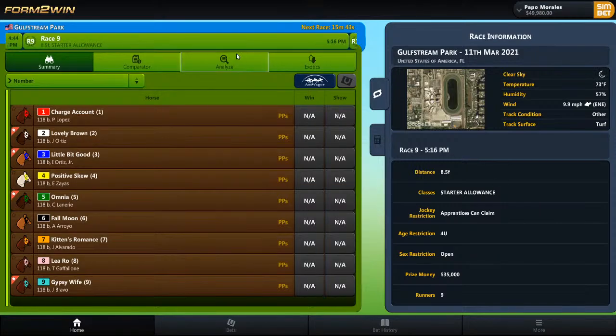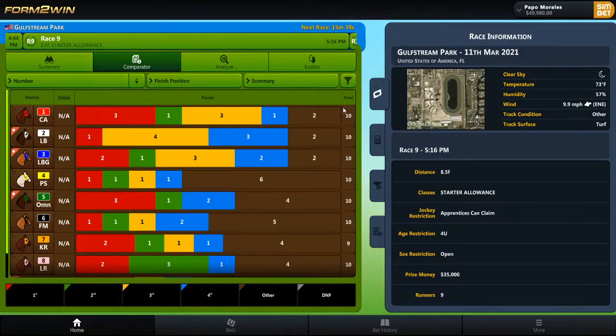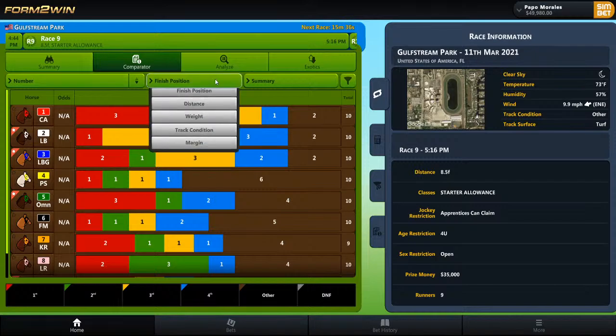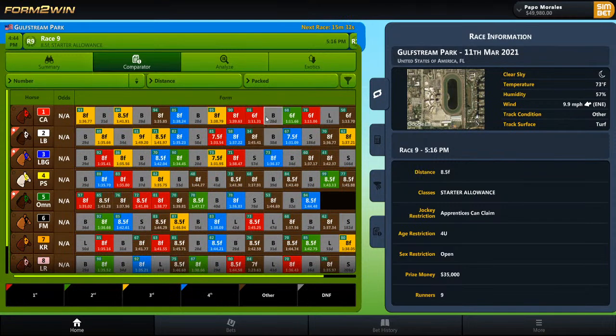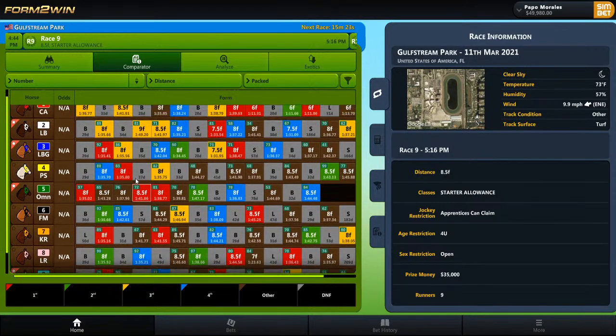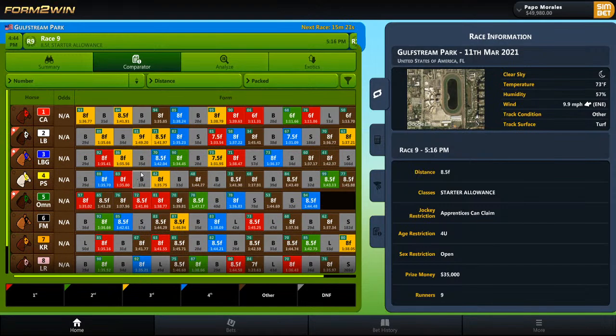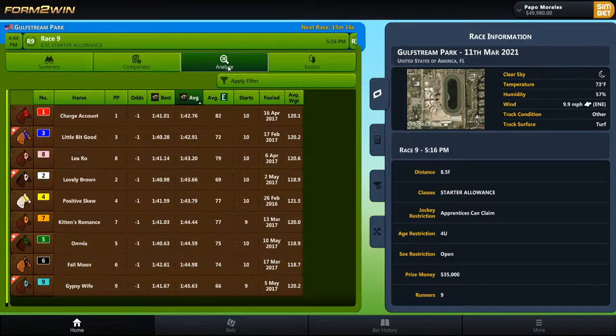So let's go to Gulfstream Park Race 9. This is a starter allowance. We've got plenty of data to work with, total starts for each horse. I will sort it by distance and packet, so I've got a good summary of the horses' PPs. Obviously, red is what you want to see. Red, green, and yellow means that the horses like to at least get in the money. Obviously, the more red, the better, but we click this Analyze tab to start looking at the data. I've already got it sorted from